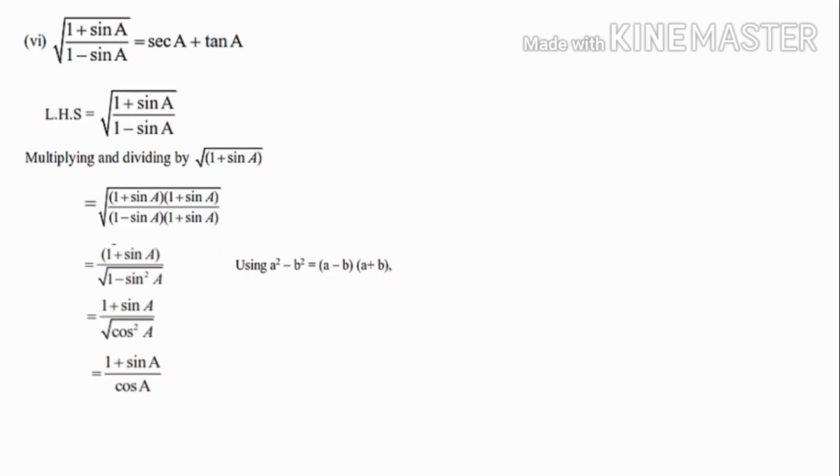Now we are almost near the answer, that is sec a plus tan a, which is our right hand side. For that we have to just simply split as before. The numerator we have to split. That is equal to 1 by cos A plus sin A by cos A. When you take the common LCM cos A, we will get the previous term, that is 1 plus sin A by cos A. Here we are splitting, that is 1 by cos A plus sin A by cos A. 1 by cos A, by using the reciprocal ratio we know that it is sec, and sin A by cos A we know that it is tan A. So we will get the answer as sec A plus tan A. That is our right hand side, hence proved.